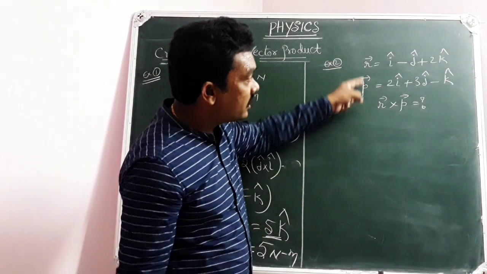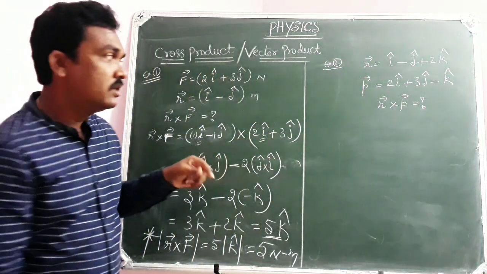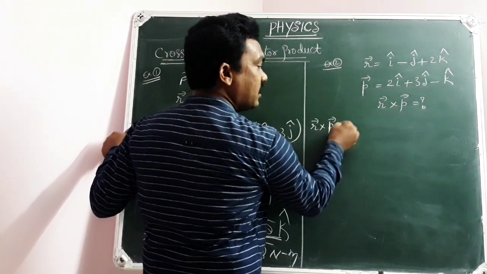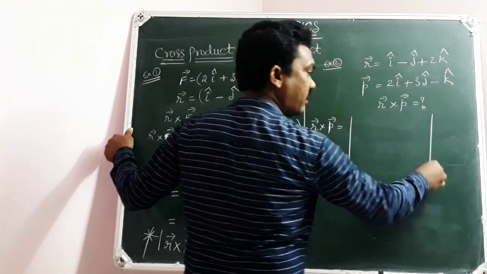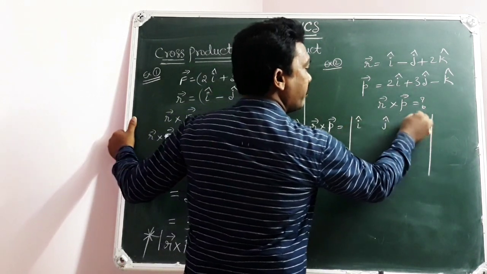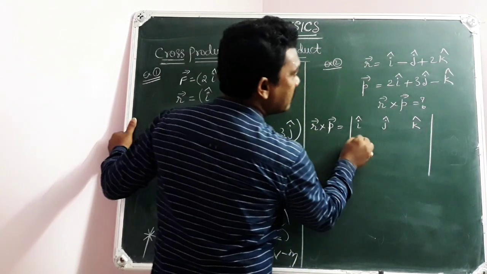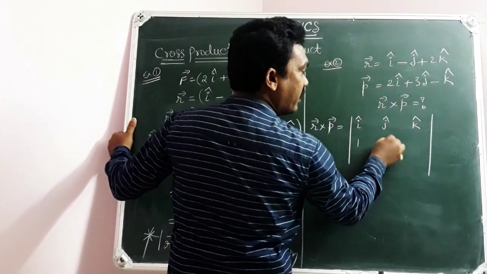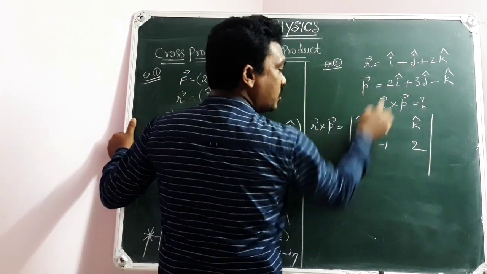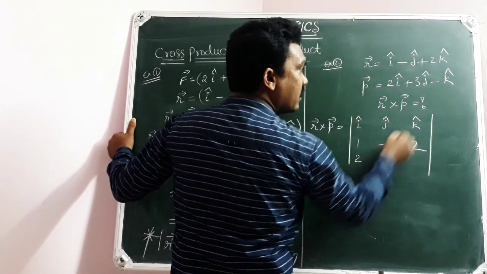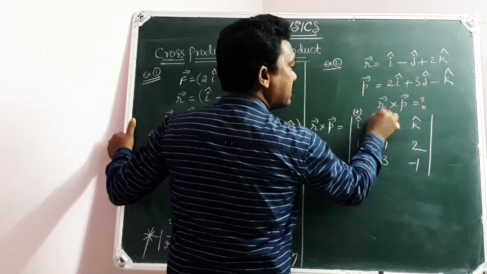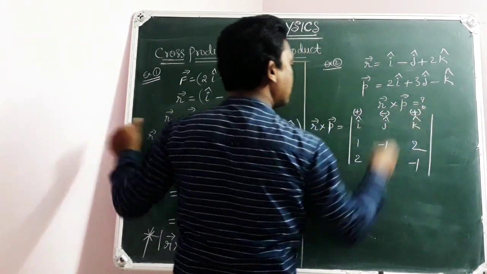But when 3 components are there, i, j, k in the space, then for the cross product formula R bar cross P bar is equal to, you have to write a determinant formula. So first row i cap, j cap, k cap. Second row, R bar components 1, minus 1, very important, minus 1 plus 2. P bar components 2, 3 and minus 1. And in addition to that, I told you the column headings plus, minus and plus.